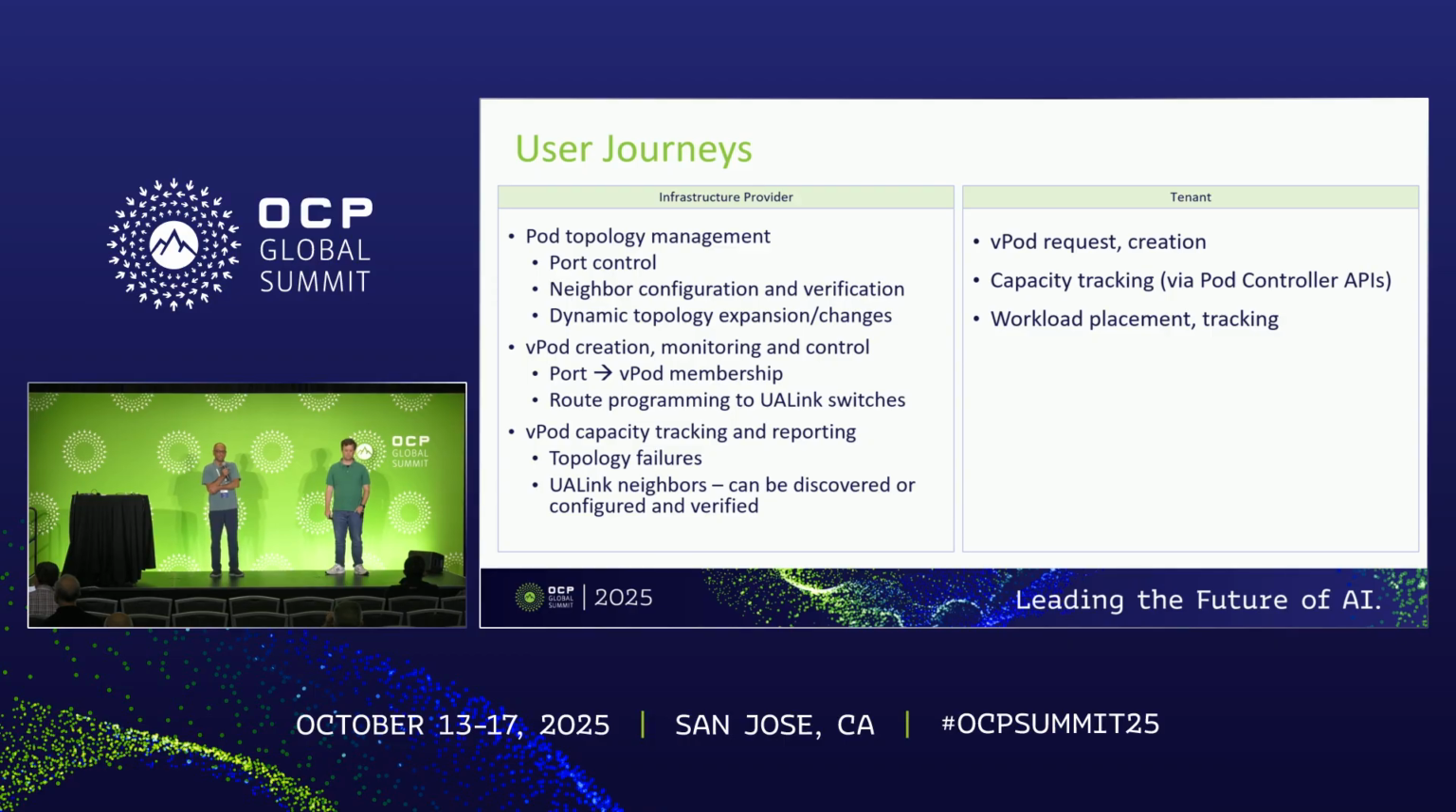Some user journeys listed here. Again, definitely looking for feedback, especially from the scaled out deployments that we expect to see from UALink. If you look at the infrastructure provider, a CSP, starting from the top, there is the physical pod topology management itself, starting from port control, neighbor configs, and day 2 ops effectively, which is monitoring the topology for changes, allowing